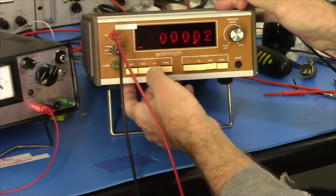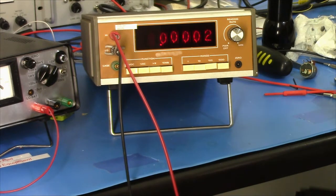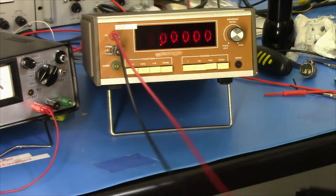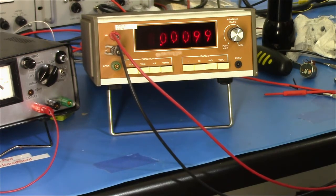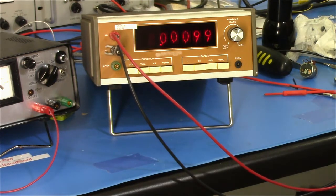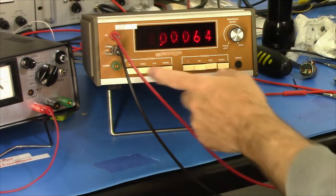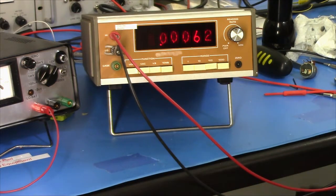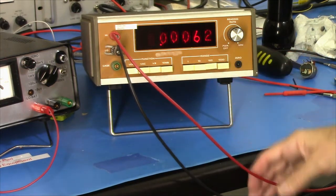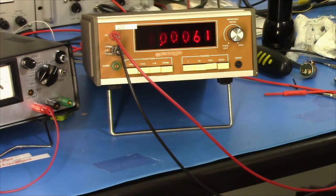Okay, K ohms, 1K. Here we go. This is where it's set to 0. So there's residual resistance in the switches. The switches probably could use another cleaning, another shot of DeoxIT. But the switches and the leads. So we got 0.0062, right? If I put 1K in,